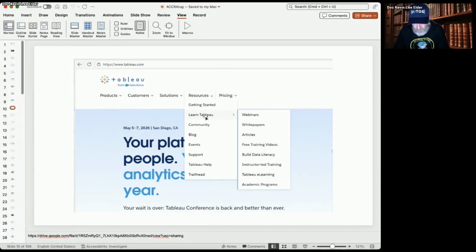But what I want to focus on is, well, how do I learn this? How do I learn what to do with this enormous interface and all these things on the screen? How can I really learn it? And so again, this is my agenda, to walk you through what some of these things are, what you will find there, and why they're important, so that as you start learning Tableau and you open up that desktop and you're like, oh, wait a minute, what do I do with these colors?